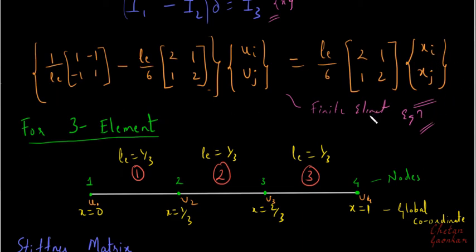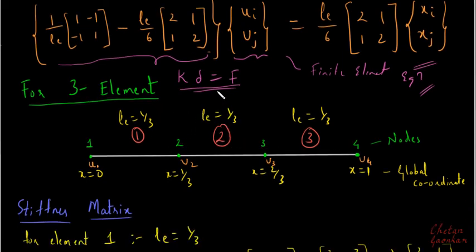Once we obtain this, we can discretize the domain into any number of parts, and what we need to do is we need to evaluate these individual matrices. That is, as we had seen last time, this term represents the k term, this term represents the delta term, and this term represents the force term f. So once I get this finite element equation, I can go on discretizing, or go on meshing this